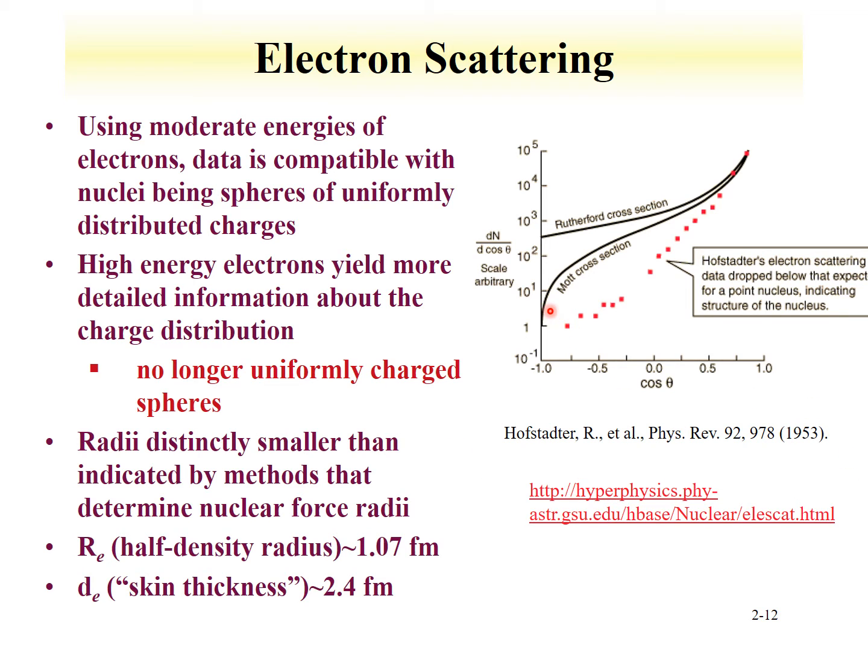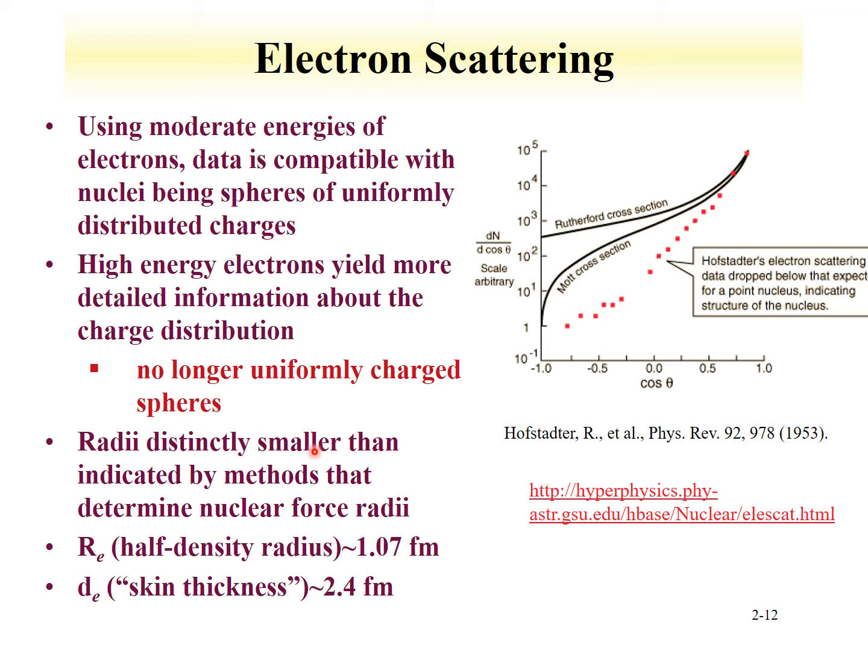What this shows is scattering of electrons. One would assume a Rutherford type cross-section, or a Mott cross-section, which was earlier work. And then this data, the Hofstadter data, shows that the cross-sections are lower and indicates structure of the nucleus. So in other words, information was used from previous studies and previous models that explain the nucleus. Now to explain this data, you start to bring in information related to nuclear structure